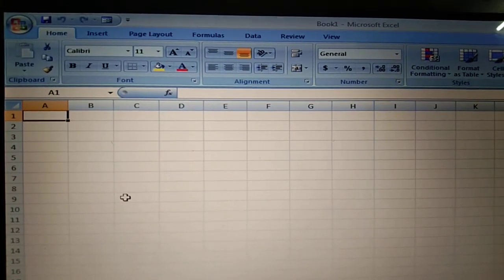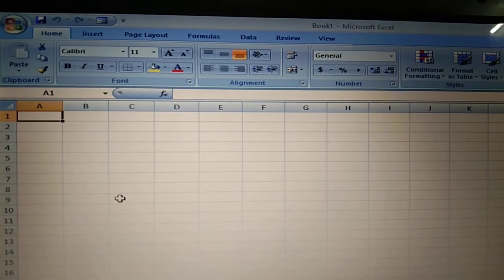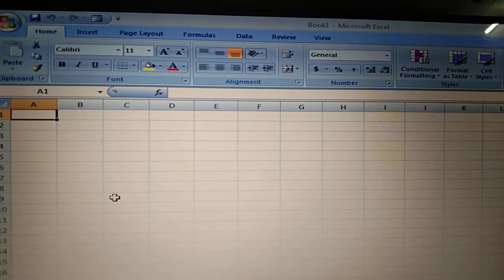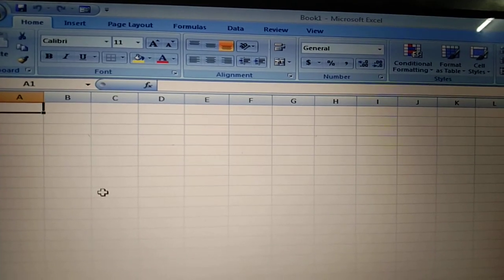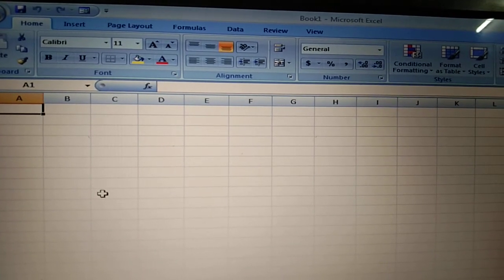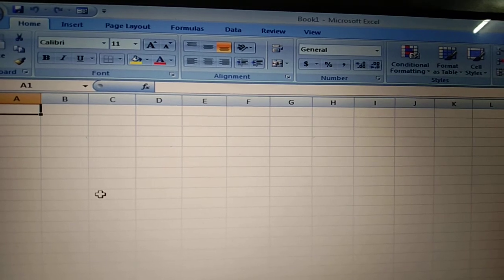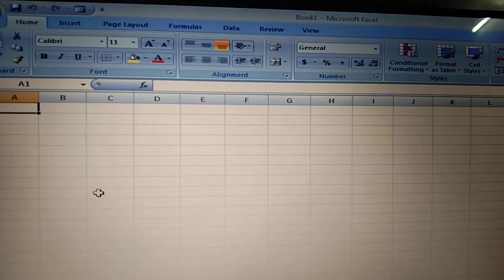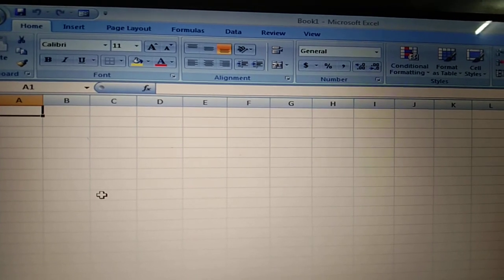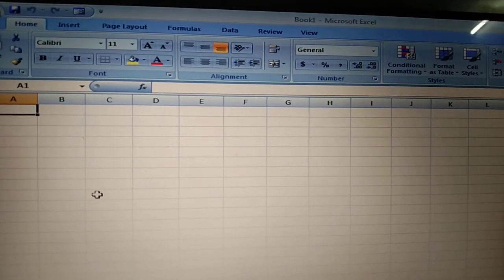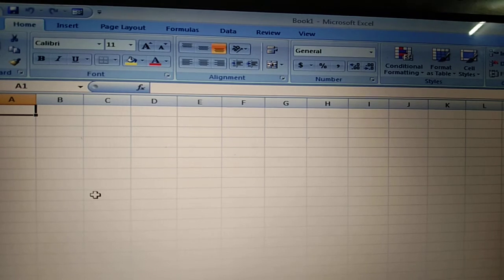So dear class, this is your MS Excel sheet. Here today we are going to learn about formatting a worksheet. Formatting helps to enhance the overall look of a worksheet. For example, you can change the text alignment, font, color, style, so you can apply formatting effects.